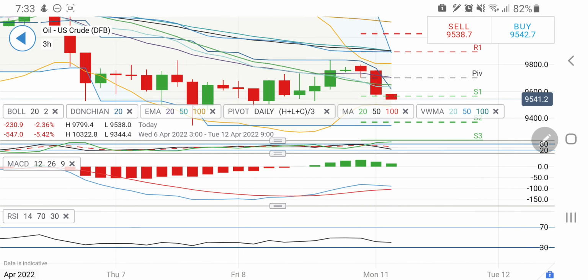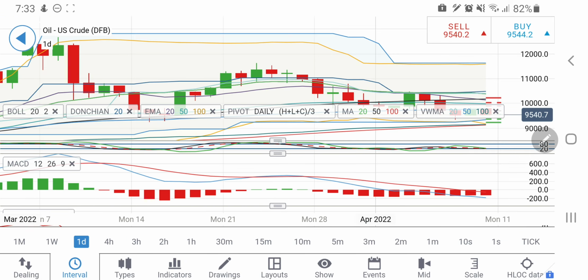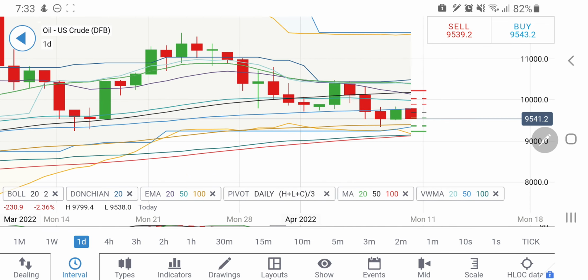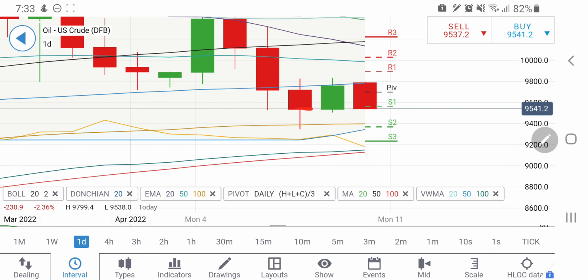3-hour stochastic also looking downwards, and on the daily charts, the candle is red. It has come back to its support level at 95. It has seen a resistance here at around 98.5, and yes, trading with a drop. So breaking 95, yes, you can go short. The support should come into picture at 94,